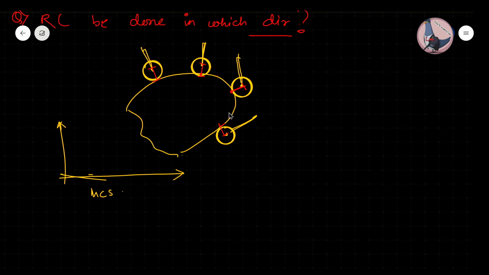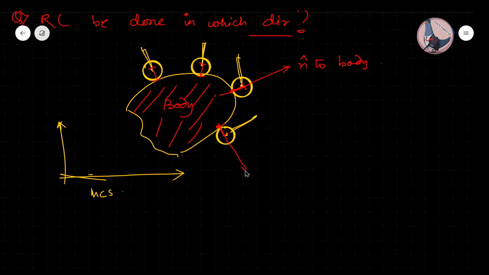At this point, the normal to this body will be along this. This is the normal to the body. This is your body. So if you are compensating in the normal direction, then only you can get the radius. At this point also, the direction of normal will be this way. So this radius has to be compensated in the negative direction of your normal. Fine. But if by mistake you compensate this radius parallel to the machine coordinate axis,